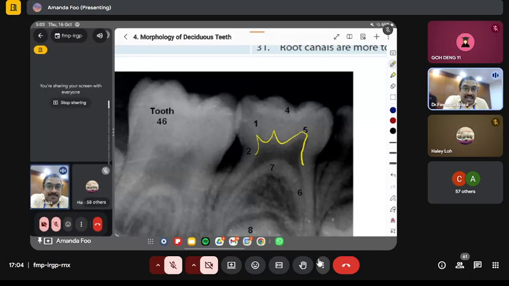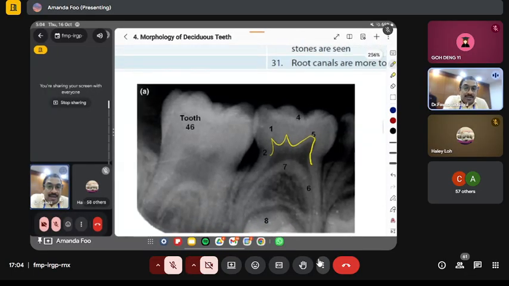So everything is less in the primary. That means caries involvement in the primary happens much quicker in the enamel, and it goes into the dentine, spreads much faster because the thickness of the dentine is less and reaches the pulp. So by the time the patient comes to us, he already has a dental abscess because they have not reported earlier. Okay, so this radiograph shows a very nice difference in the crown, the thickness of the enamel dentine,